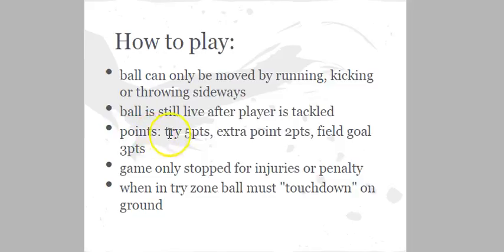Points. You score points by scoring a try, which is worth 5 points, or this would be a touchdown. The extra point, like in football, this one is worth 2 points, where in football it's only worth 1. But like in football, a field goal is worth 3 points. The game is only stopped when there's an injury or there's a penalty. So it's not like in football where the game is constantly stopping, first down, second down, third down, TV timeouts, none of that. And when a